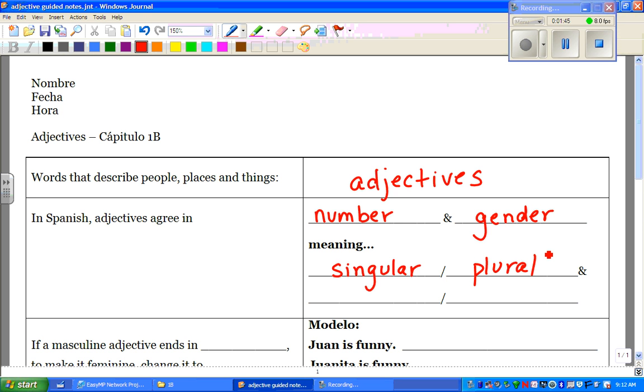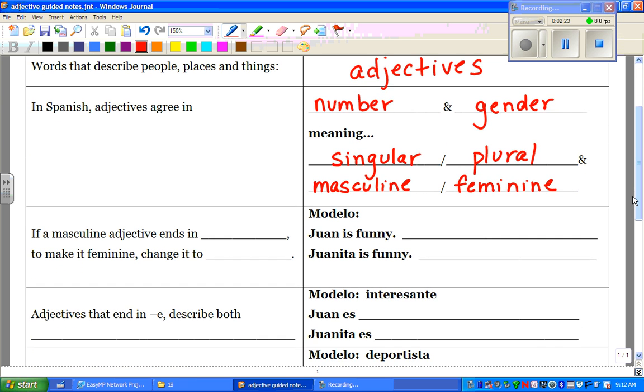And then gender, we talked about this, meant masculine and feminine. So that's the buzzword: adjectives agree in number and gender. You guys should be able to know those words, number and gender. And you should understand what it means when I say adjectives agree in number and gender. Number means they agree singular or plural. White changes if it's one thing or if it's two things. And then masculine and feminine: white changes if it's a book or a house. It's a different word, okay? Not that big of a difference, but it is.